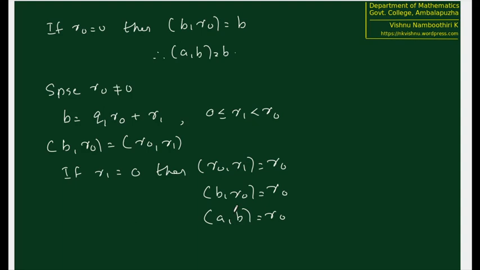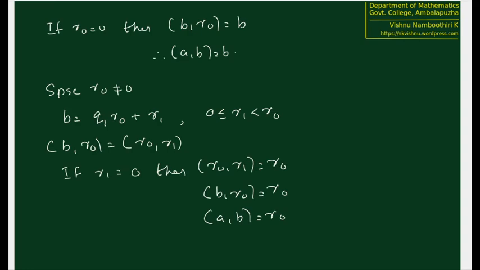See, in the first step we have A is equal to B Q naught plus R naught. Second step we have B is equal to Q1 R naught plus R1. And we have the first remainder R naught. If R naught is 0, we stop at that point taking B to be the GCD. If R1 is 0 instead of R naught, we take R naught to be the GCD. That is the last non-zero remainder. And one more observation is that in every step we are bringing down the remainder at least by 1.